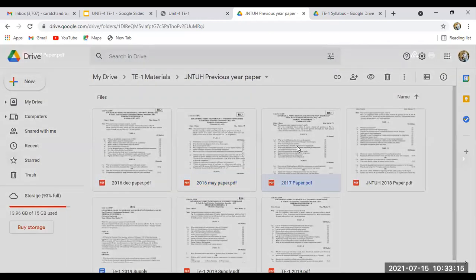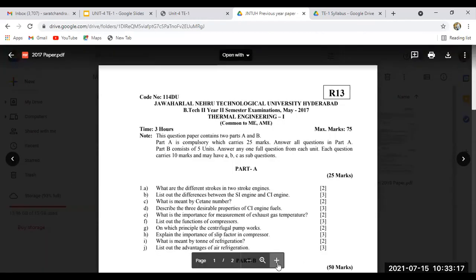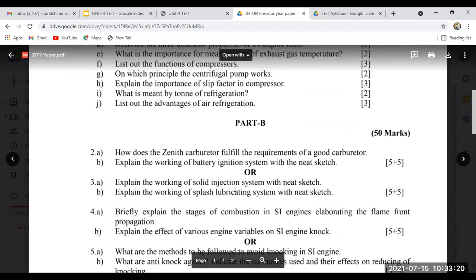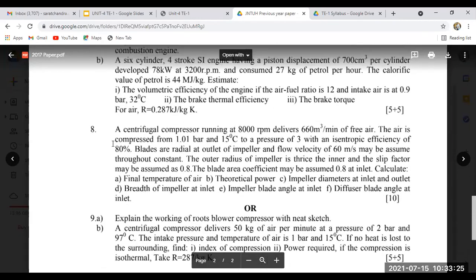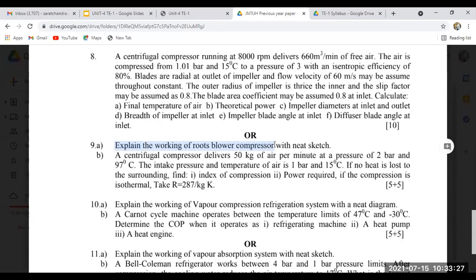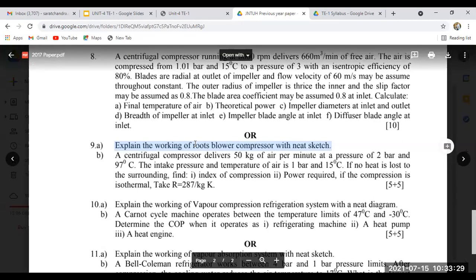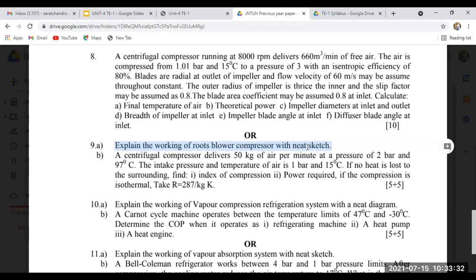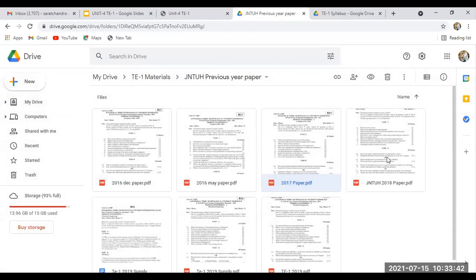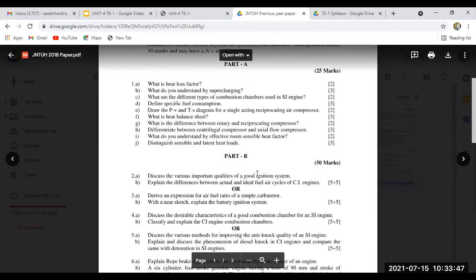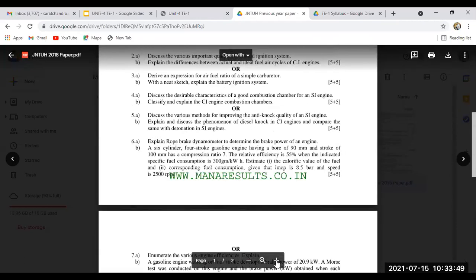Next, in 2017 also they have asked question number 9A. You can see: explain the working of root blower compressor with a neat sketch, 5 marks. Every year they are asking regarding root blower compressor. I think in 2018 they didn't ask anything from this topic. No, in 2018 actually they have asked regarding